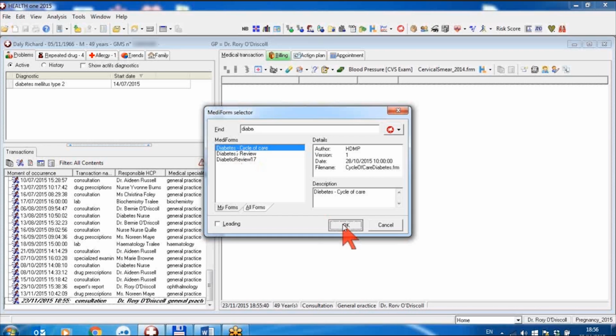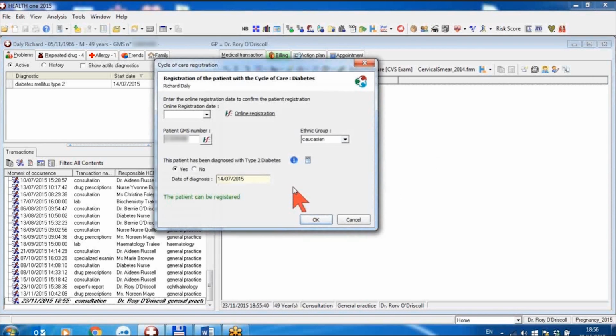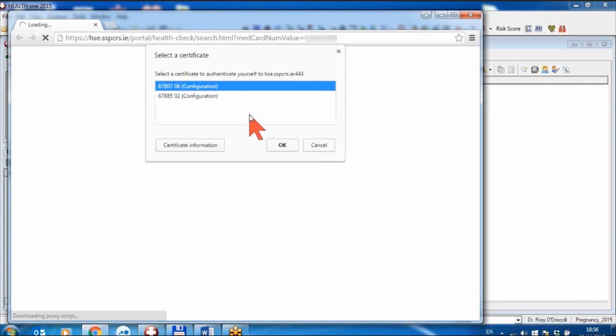So if you open this up and the patient has not been registered in HealthOne, then HealthOne will advise you so and would say, do you want to register the patient now? So if you haven't registered the patient online, you will again be able to register him by clicking on this button. If you have him registered online, then you have to know the date he has registered online, and therefore you need to put the date in here. Very often you won't know the date, so you'd be as well off to go in and check if he's been registered, to log in to your